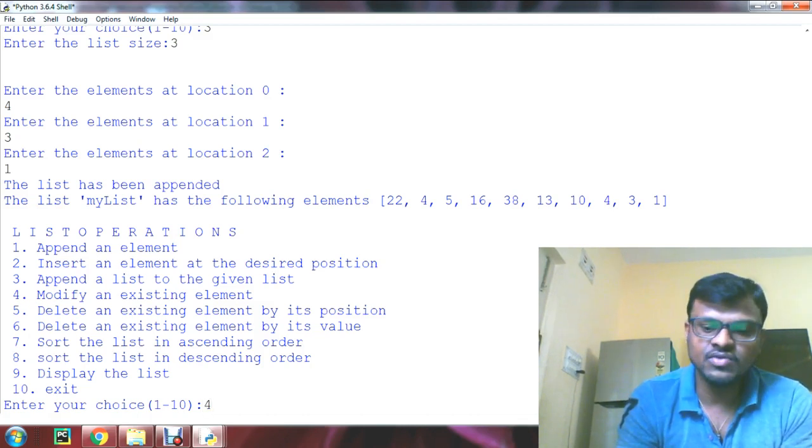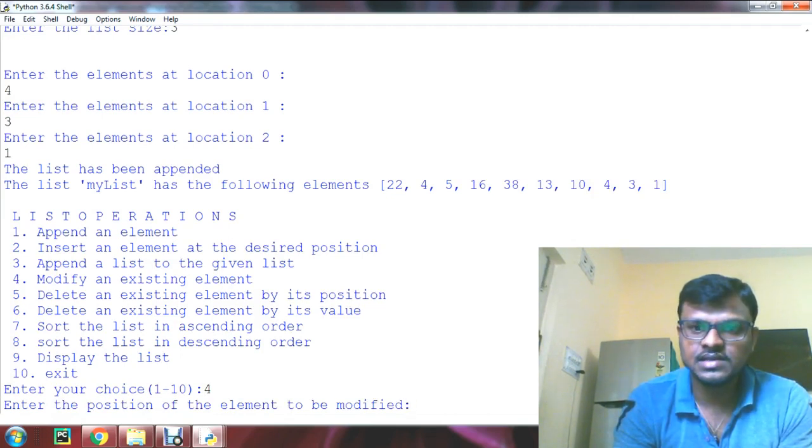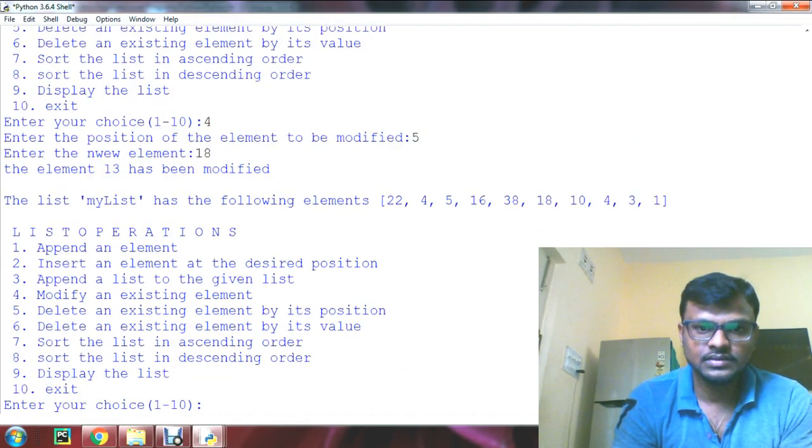Now modify, let's give choice 4, modify the element. So we need to enter the position, I will give 5. Then I will give the new element 18. Now the position 5 is modified to 18.